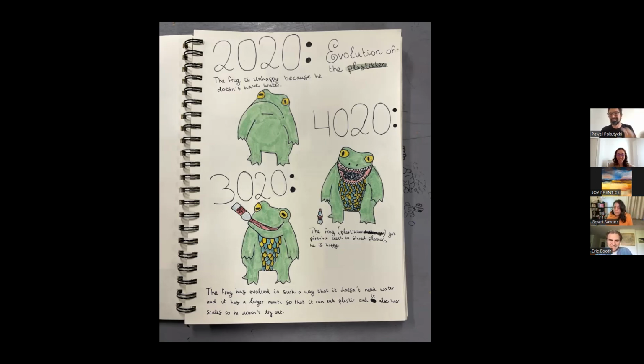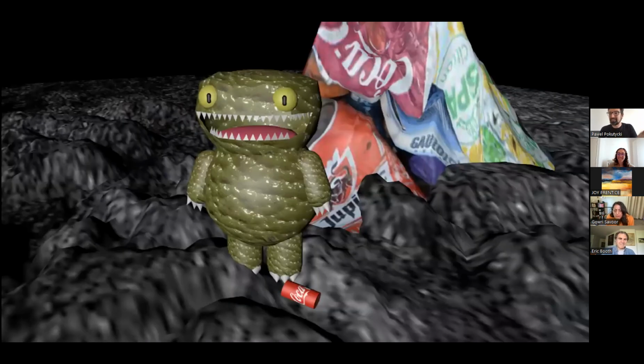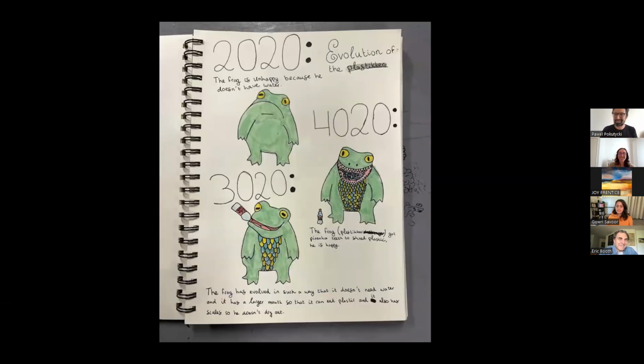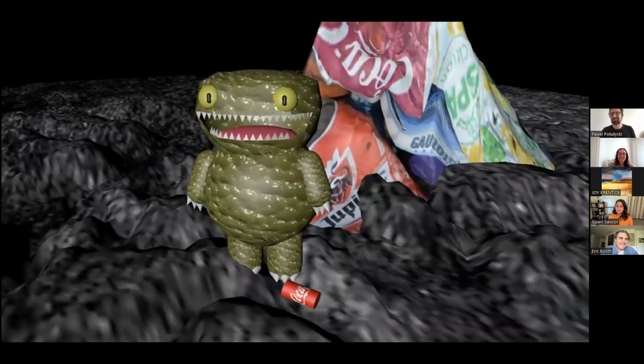Okay. Now, again, that character becomes visualized with these types of aesthetics. You see also the gap between the sketch like that and what happens when it's digitized. But again, this is an example of what happens in just one or two classes.